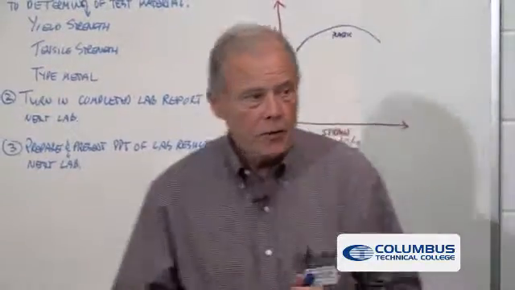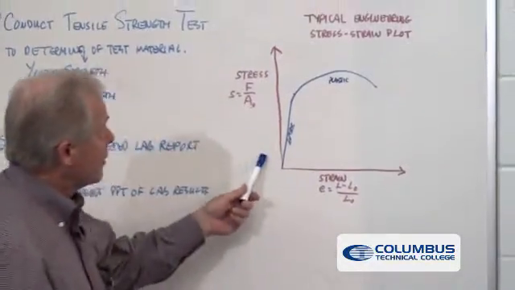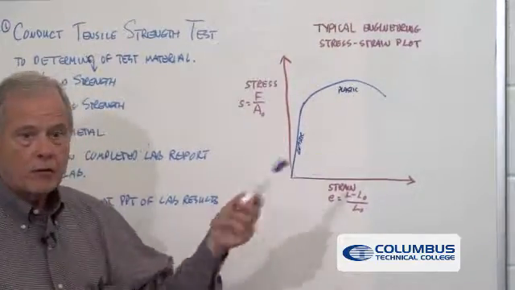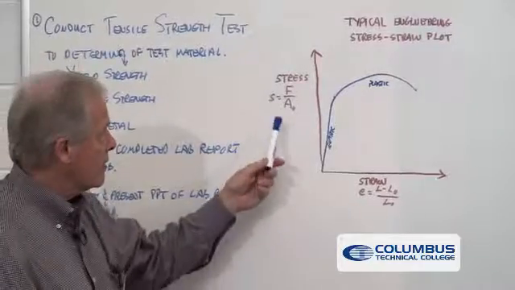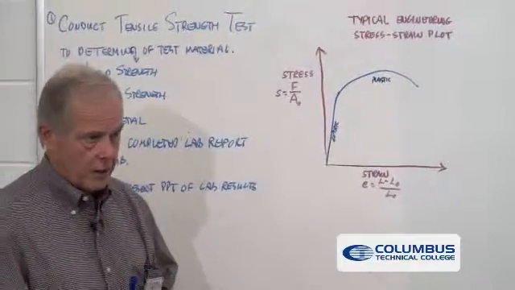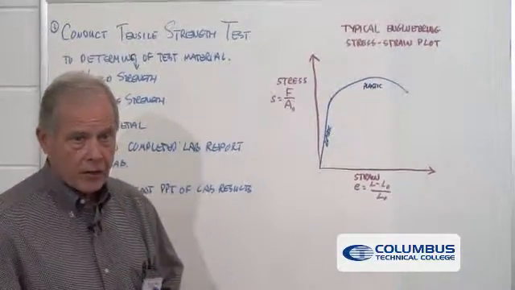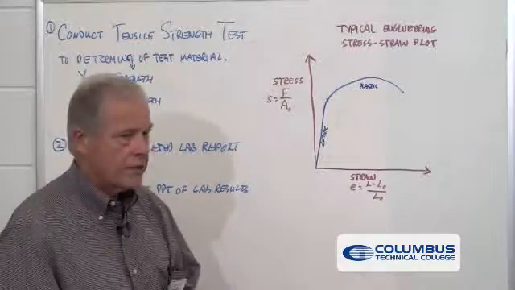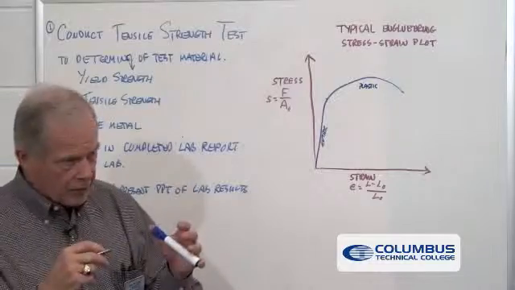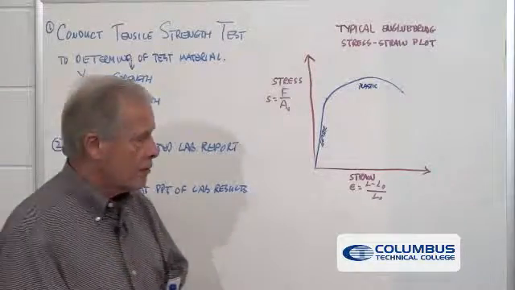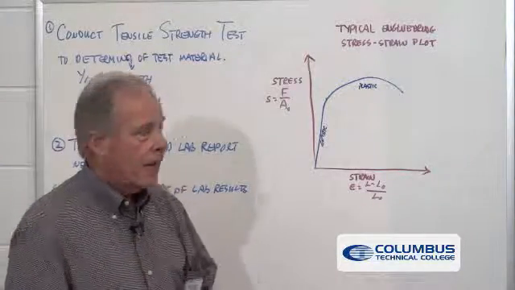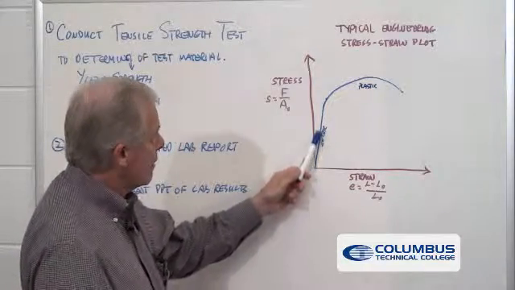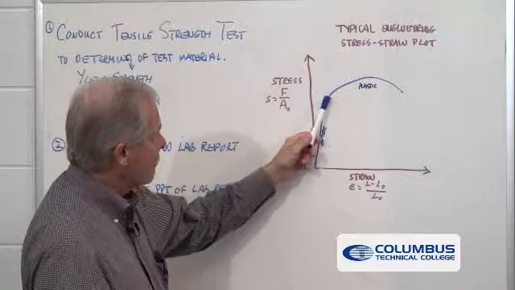Now, just as a review, this is a typical engineering stress-strain plot. This is what it should look like as we go through the experiment today. On the y-axis, we have the stress, which again is force over original area. X-axis, we have the strain, which is the final length, the deformed length, minus the original length, over the original length. And as you recall, as force is applied, the metal will move through the elastic region to this point,